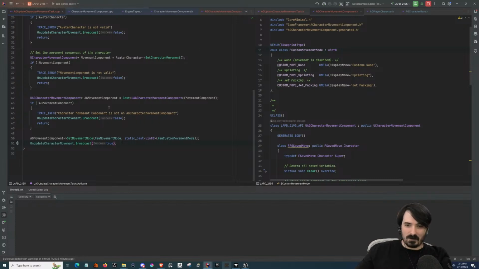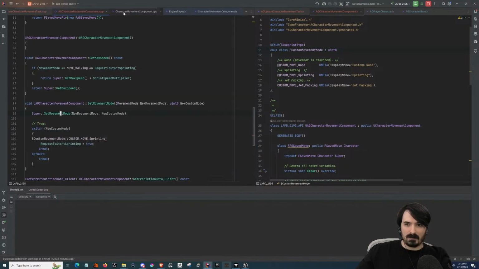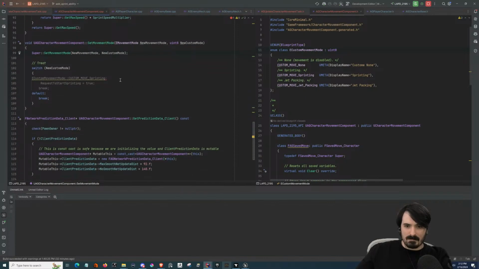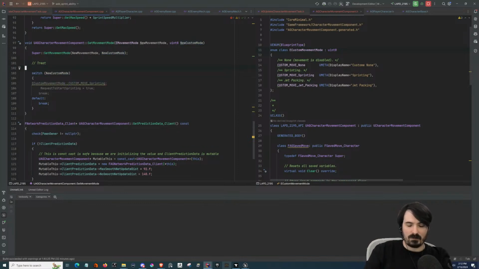So this works perfectly. And then we come over to our character movement component and get rid of these. They don't matter. And come down here, and then when we do this call, we should be able to